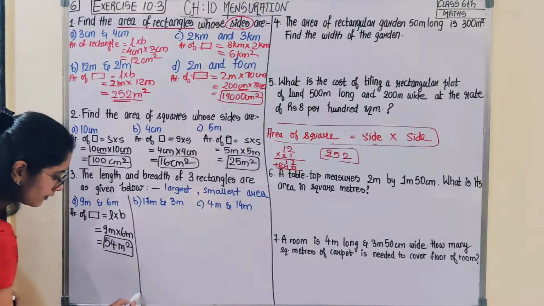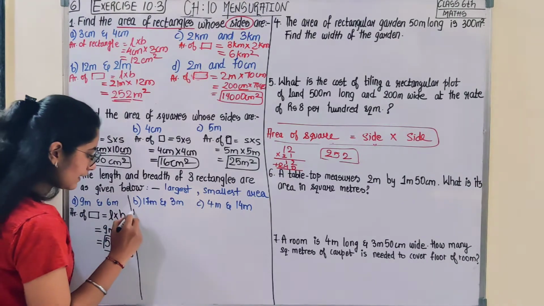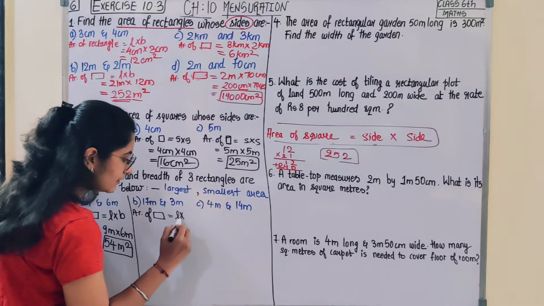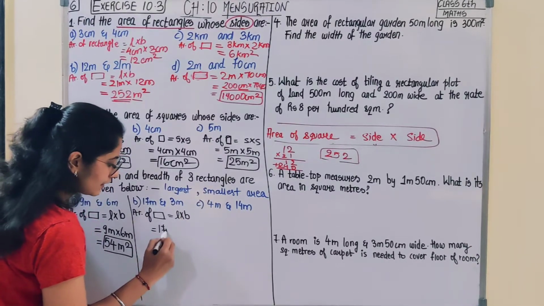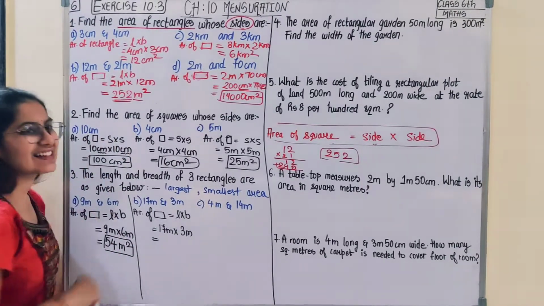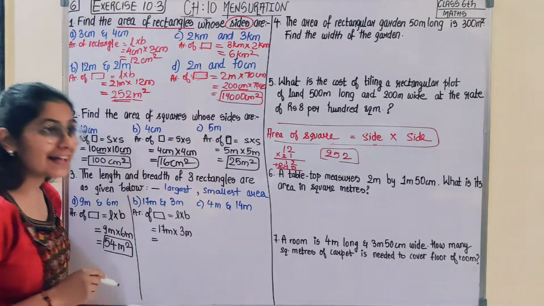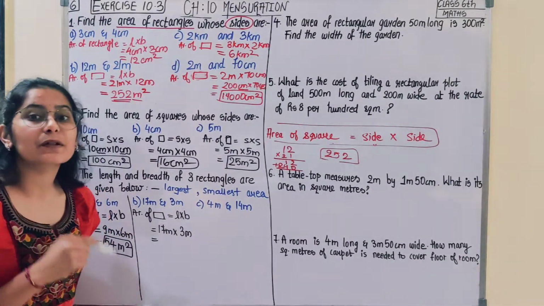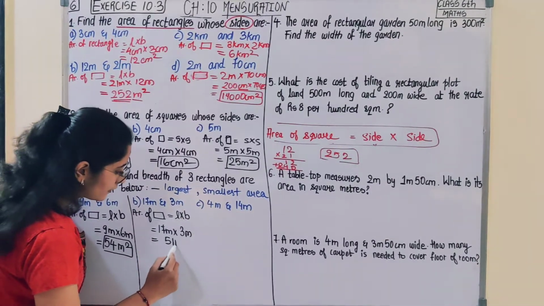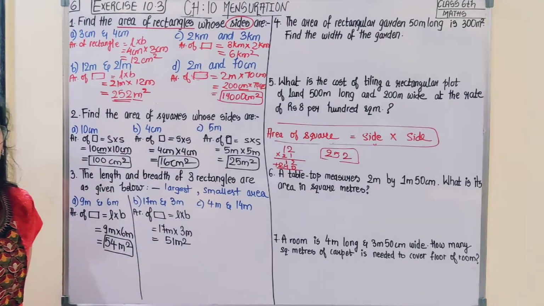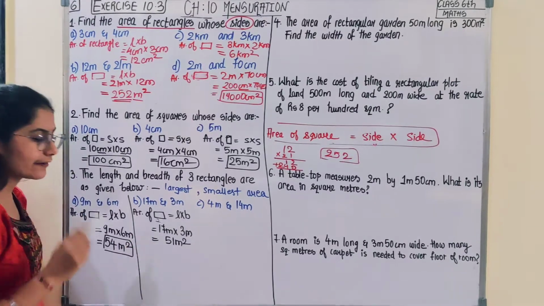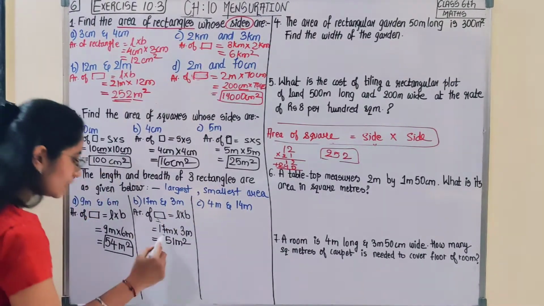Are you with me? Okay, here again area of rectangle is equal to length into breadth. Length is 17 meter, breadth is 3 meter. What is 17 threes? If you are not able to recall, multiply it, or if you are directly able to recall, it is very good. So it is 51 meter square. 7 threes are 21, 3 ones are 3 plus 2 is 5. So this is 51 meter square.